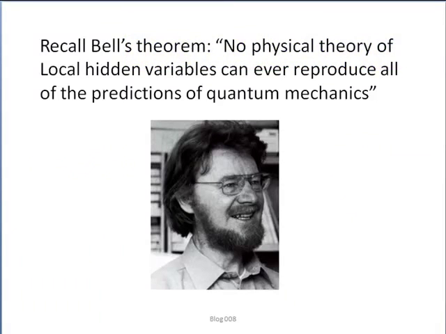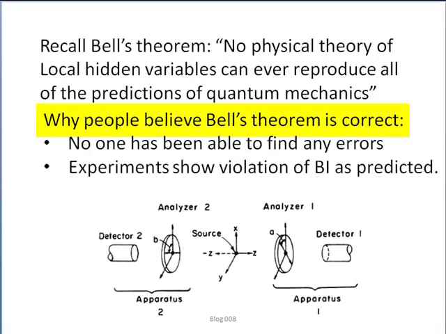Let's recall, Bell's theorem states: no physical theory of local hidden variables can ever reproduce all the predictions of quantum mechanics. This statement is wrong. Why do people believe Bell's inequalities are correct? Much as scientists have tried to disprove Bell's theorem, no one has been able to find any errors, at least